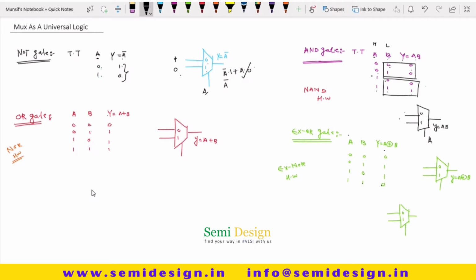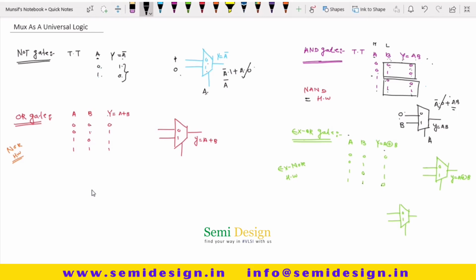Here Y is equal to 0. And compare this Y with B here, which is nothing but Y is equal to B, 0 1 0 1. Okay, so connect B, and this is the AND gate. If you want to cross check this, A bar into 0 plus AB, which is nothing but AB, right? This is as expected. Now take NAND gate as homework and try to solve this.